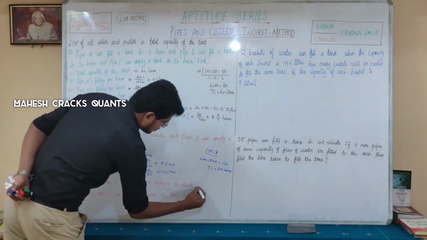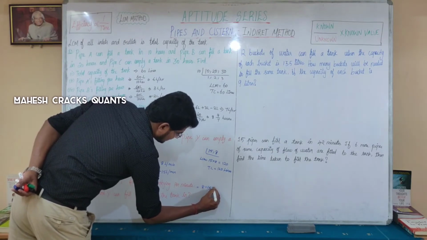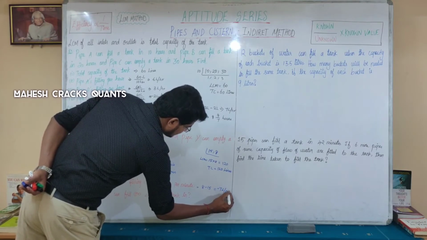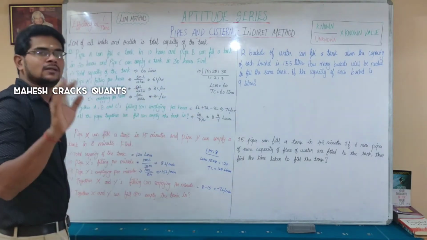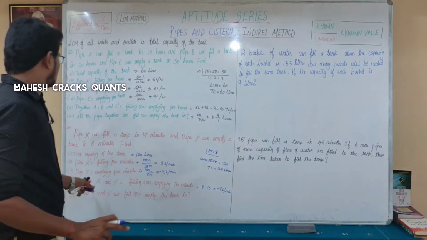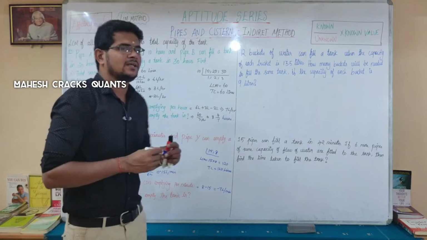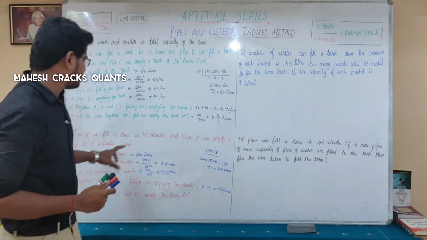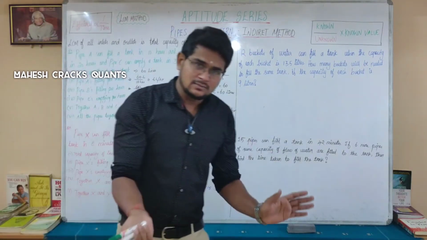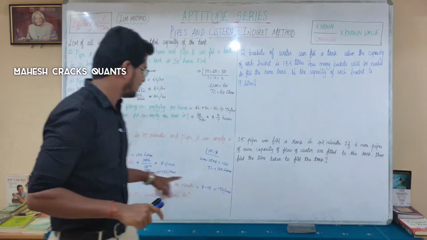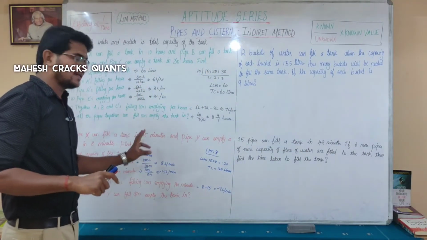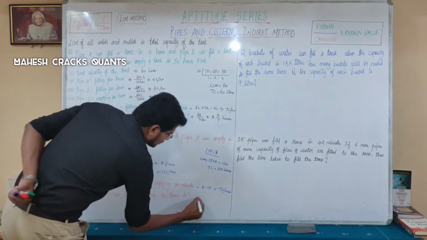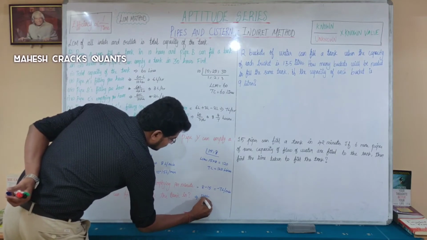Together these two: 8 is filling minus 15 removing by Y. You will get minus 7 liters per minute. So removing is happening, minus 7 liters per minute. If this tank is empty, it will not be filled, because of minus 7 liters per minute, even with both pipes open together. Removing 7. If the tank is full at the beginning, then 7 liters will be removed every minute. So the total 120 liters will be removed in